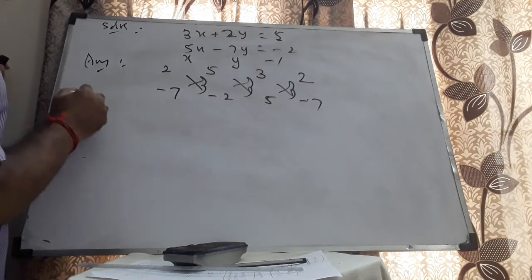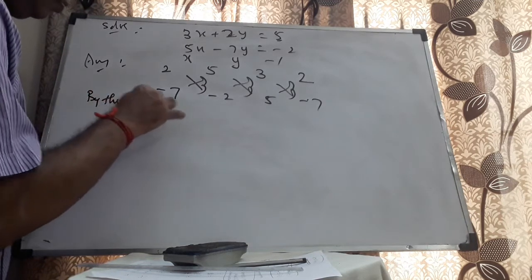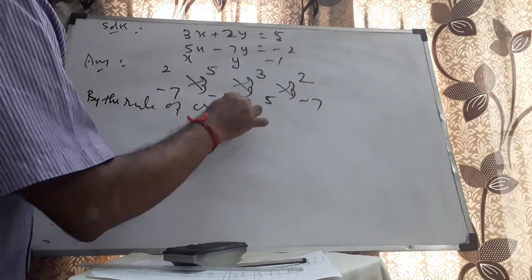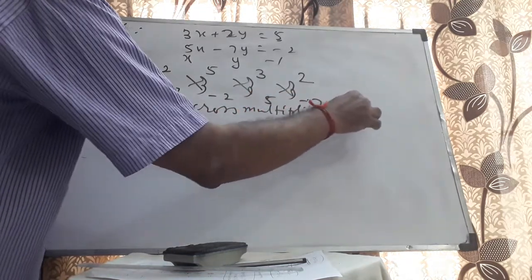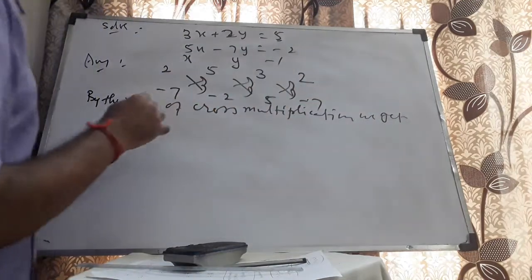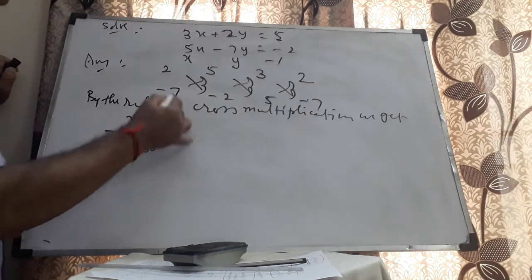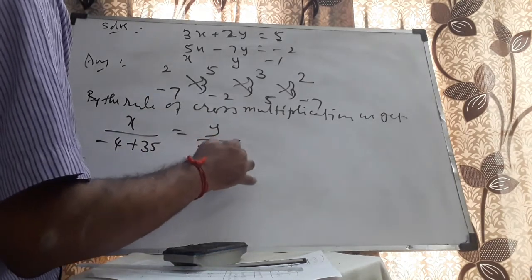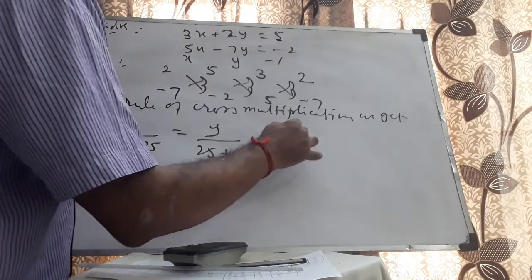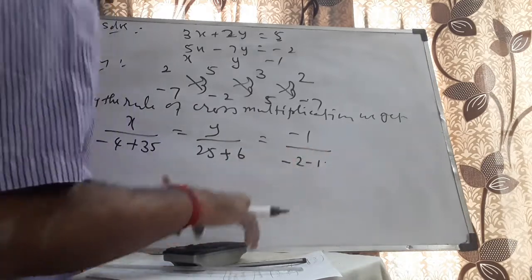Remember the principle properly. Now by the rule of cross multiplication, we get x divided by minus 4 plus 35, since minus into minus becomes plus 35, is equal to y divided by 25 plus 6, is equal to minus 1 divided by minus 21 minus 21